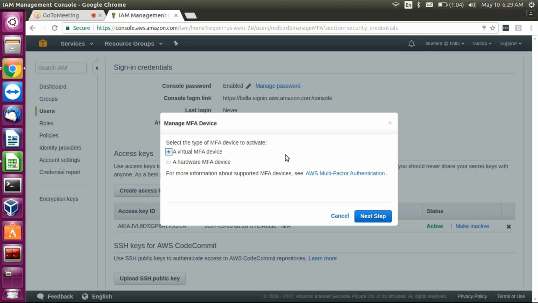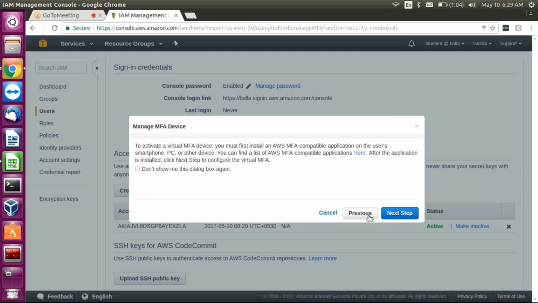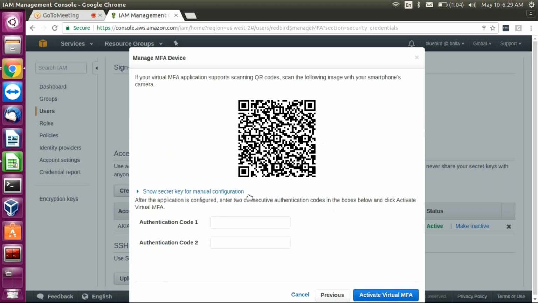And if you are using Android, you can download Google Authenticator. I will show you. You have to scan this QR